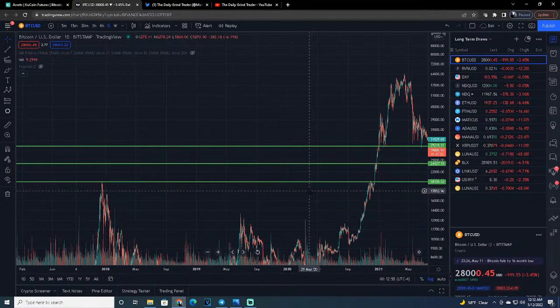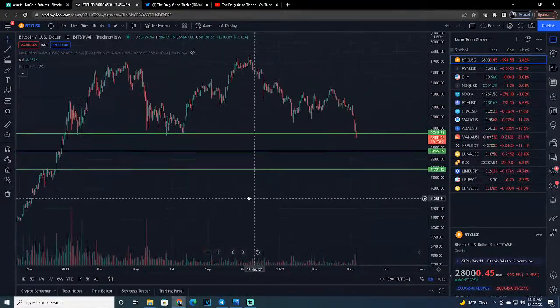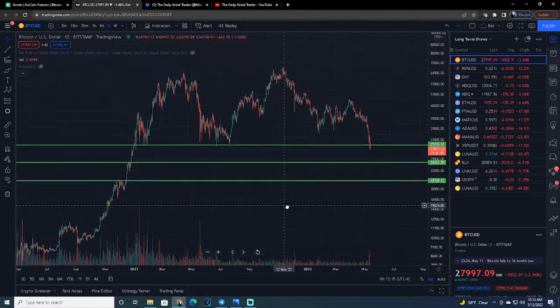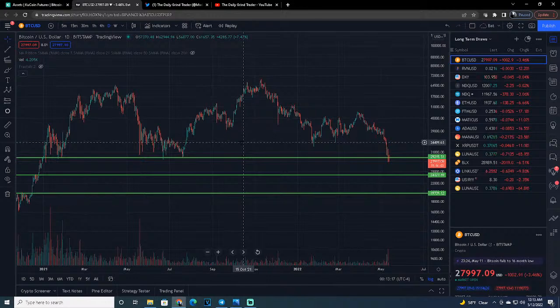And that is the low that I'm looking for us to come to, and to really test this low at least once, to at least wick to it, and then that should be your blast off point. If it doesn't blast off at 24, it should on 19. And we can go up to previous levels,